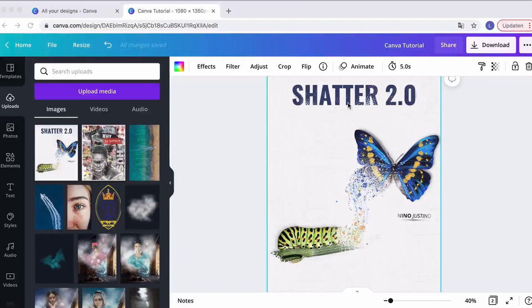Hey, welcome to the shadow effect within Canva. So this is the tutorial on this shadow effect. This is an effect that's been used very widely at this moment. A lot of people are using this effect, and I call it Shadow 2.0 not because